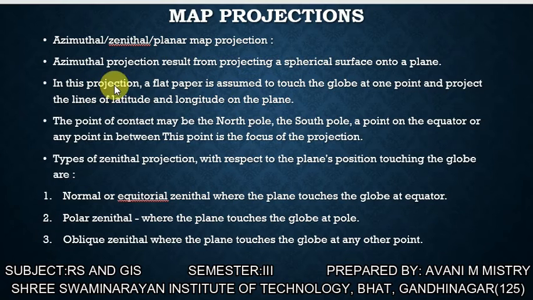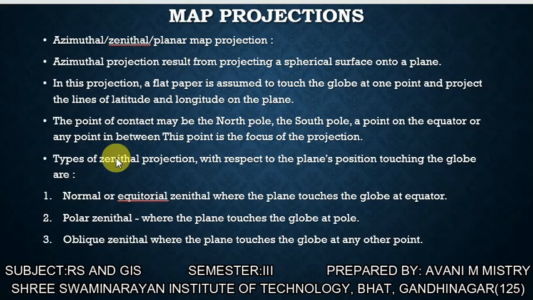In this projection, a flat paper is assumed to touch the globe at one point, and the lines of latitude and longitude are projected onto the plane. The point of contact may be the North Pole, South Pole, a point on the equator, or any point in between. This point is the focus of the projection. Types of zenithal projection with respect to the plane touching the globe: